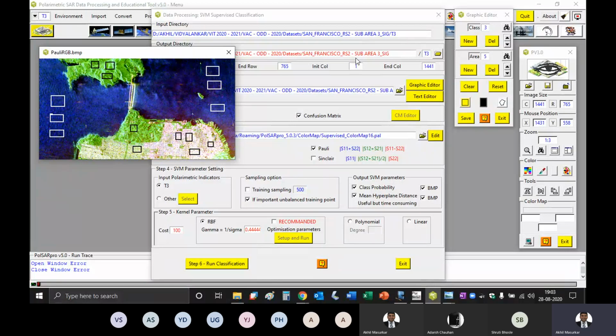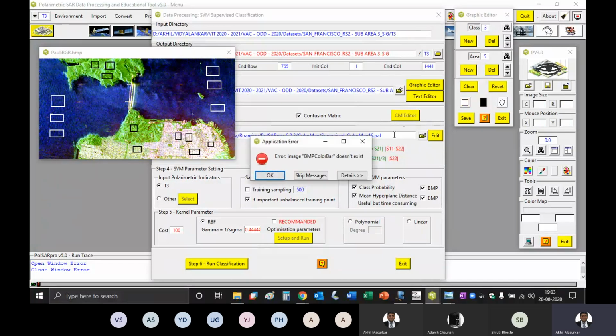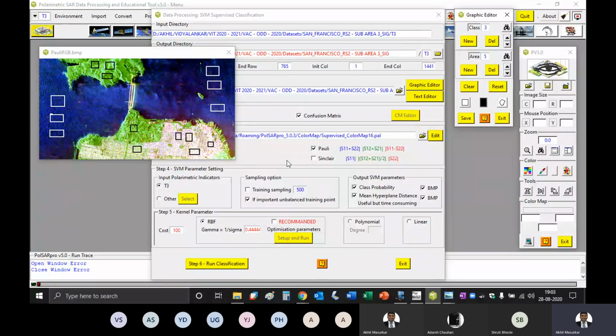Once you are done with these areas, you say save. There will be an error; you can just say okay.